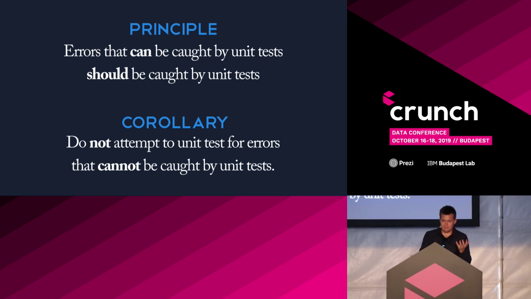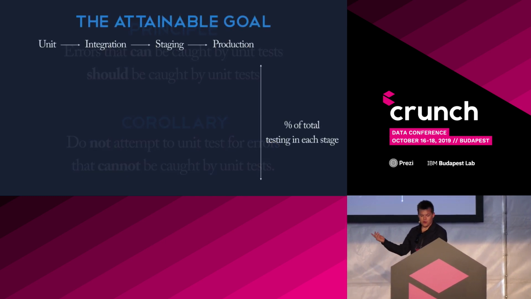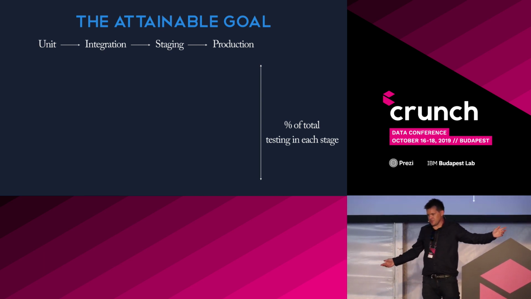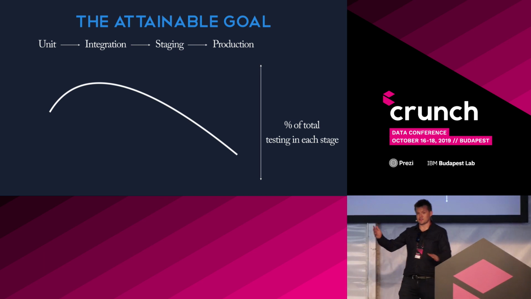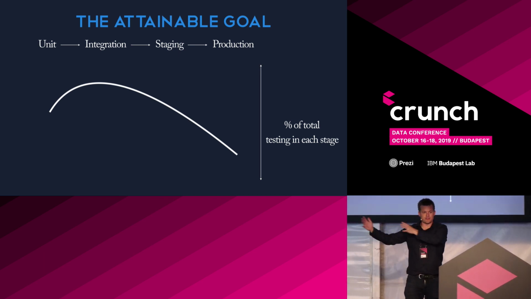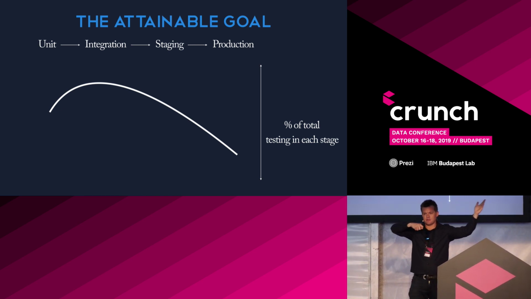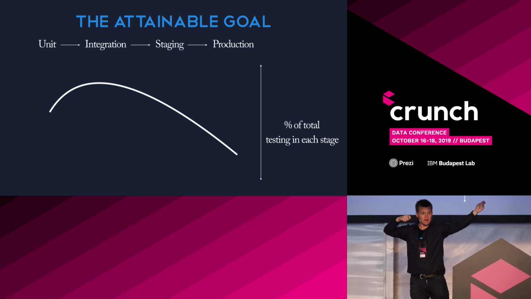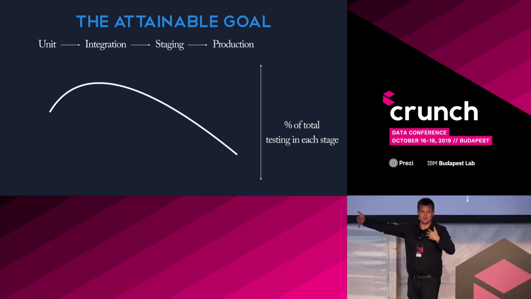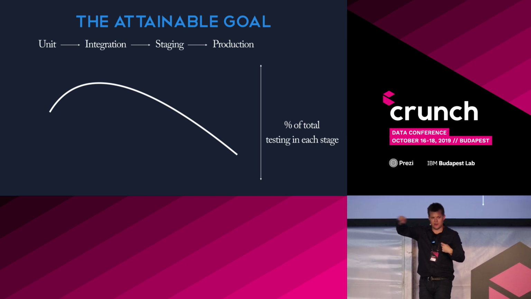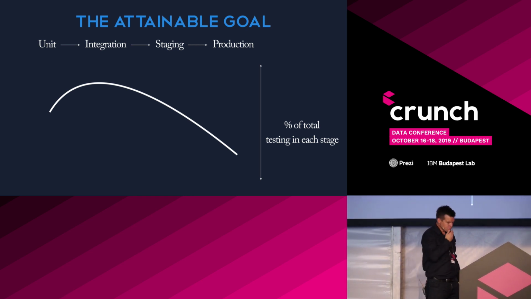So if you have this in mind, you can frame the goal not as saying that everything should be unit tested and everything should be caught in the CI/CD pipeline. That's not realistic. But what you can do is shift the gravity so that it's earlier in the process. That shift might not look like a big deal, but if you succeed in moving most of your testing to unit and integration testing time, that is an order of magnitude improvement in developer experience. Because the farther you push testing down the line, the more costly it becomes in terms of the developer feedback loop to catch it.